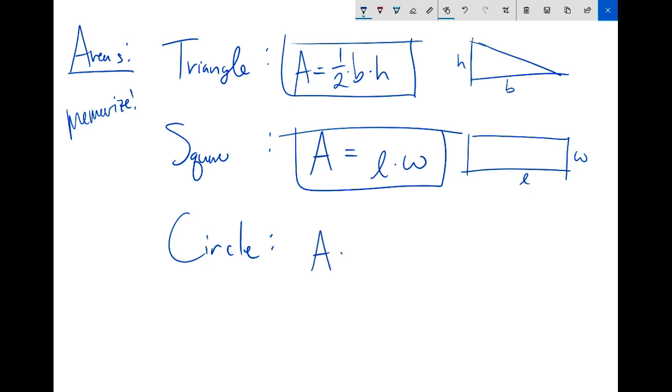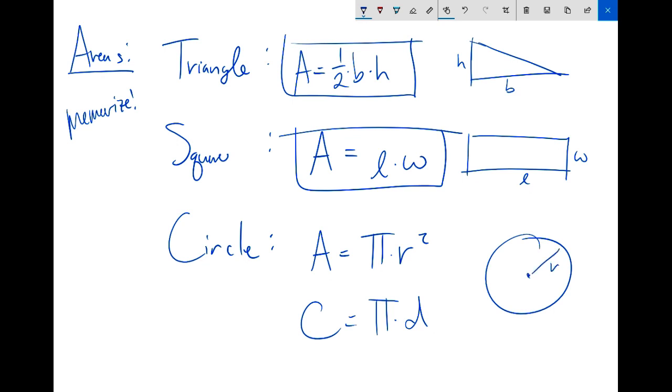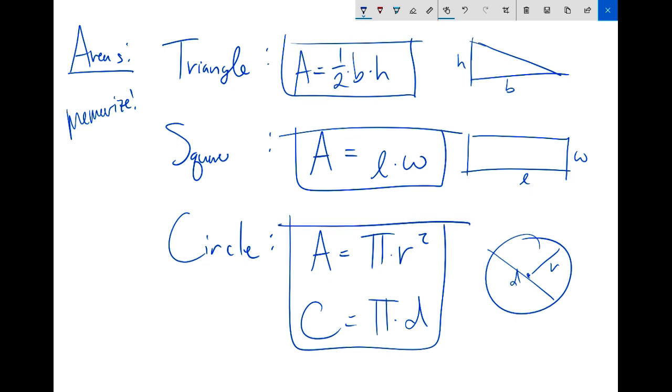So for circles, remember the area is pi r squared, and the circumference is pi times the diameter, right? Where the radius is the half length and the diameter is the whole length. These four formulas you should memorize. You should know these ones. And I'm guessing you probably do know these ones, at least you kind of would remember, but these ones won't